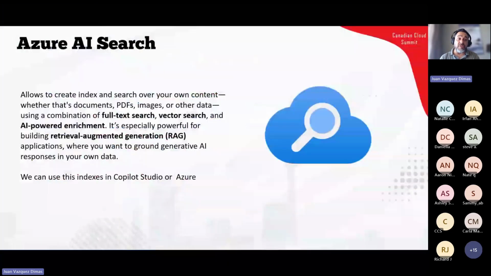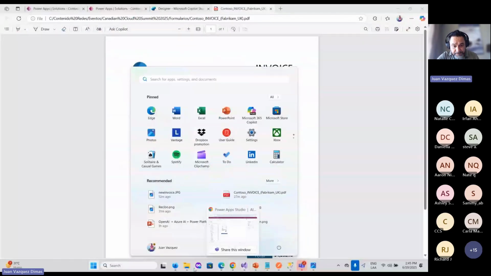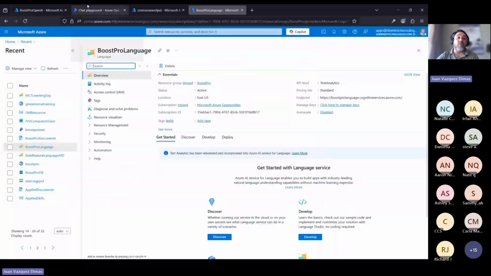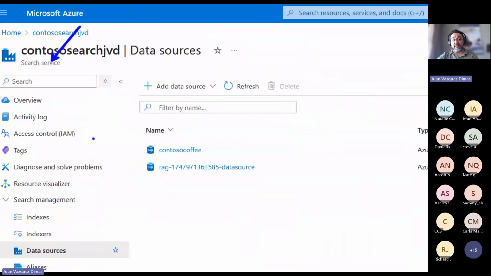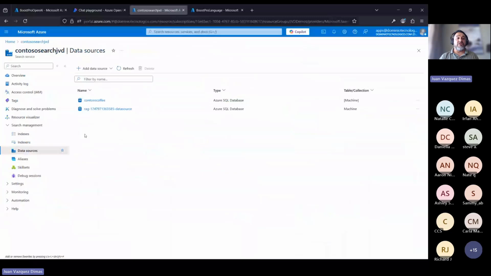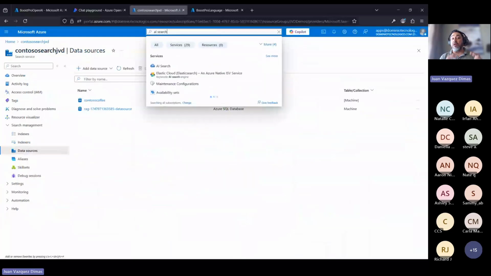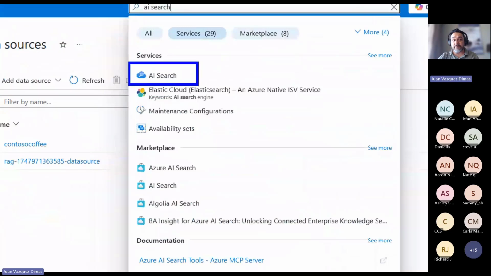So what you want to do when you need to use Azure AI Search, you need to go to your portal, to the Azure subscription here. And then what you want to do is create a search service, right? With the search service, you can just create it. Like if you look here, Azure AI Search, and that will allow you to create this service. And once you create the service, what you need to do is create a connection to your database, or